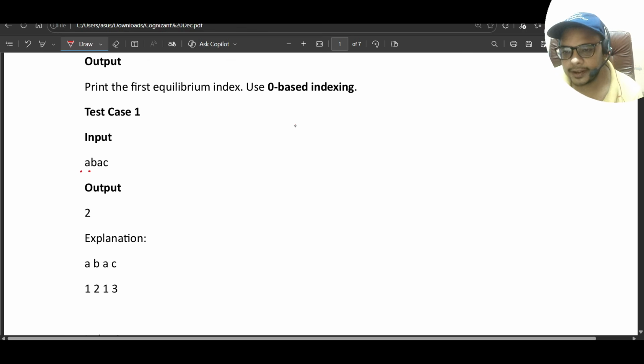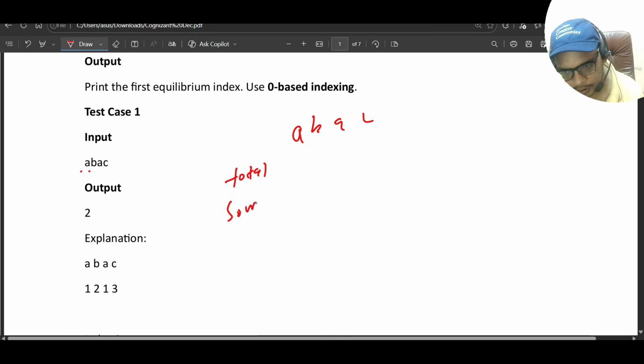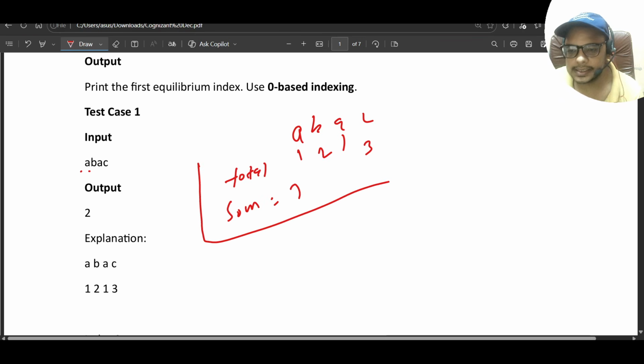Suppose we have A, B, A, C. We will first calculate the total sum. What is the total sum? A is 1, B is 2, A is 1, C is 3. So the total sum is 4 plus 2, 6, and 1, 7. So the total sum is 7. Okay, this is the total sum. Now, if we have the total sum as 7, we already know